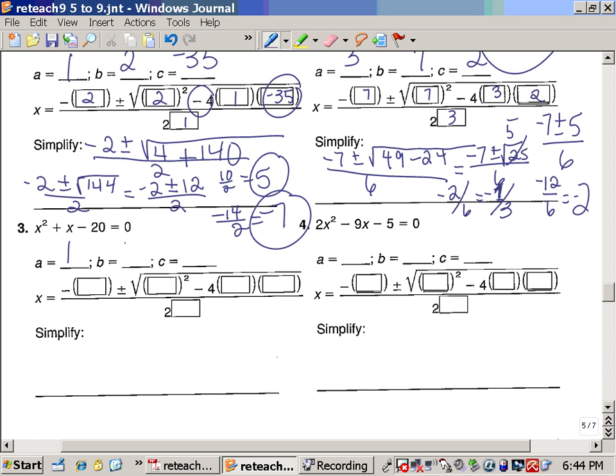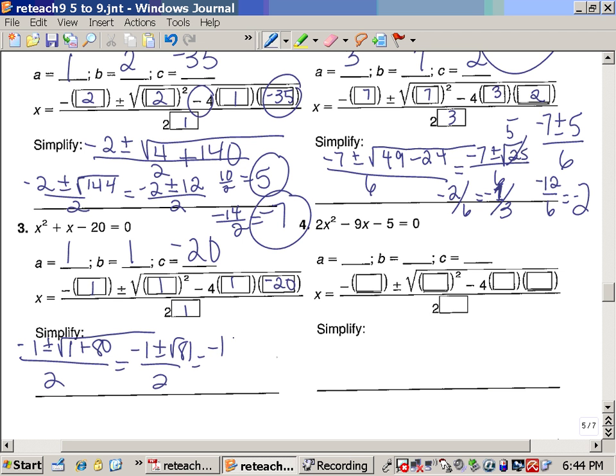Okay, A is 1, B is 1, and C is negative 20. X equals negative B plus or minus the square root of 1 squared minus 4 times 1 times negative 20. That gives me negative 1 plus or minus the square root of 1 plus 80 all over 2a, which is 2. That's negative 1 plus or minus the square root of 81 over 2, which is negative 1 plus or